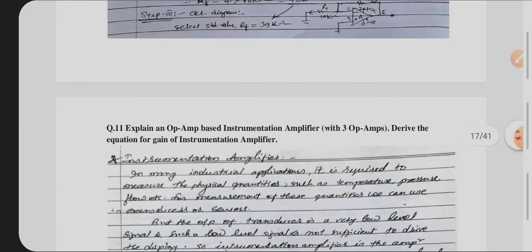So let us assume R1 equal to 10 kilo ohm, and by assuming R1 as 10 kilo ohm using the formula AF is equal to 1 plus RF by R1, you will get RF is equal to 40 kilo ohm, right? So you can select a standard value of 39 kilo ohm. If written 40 kilo ohm, that is also correct. Okay, so last step, you have to draw the circuit diagram mentioning all the component values. So this is what about non-inverting amplifier.